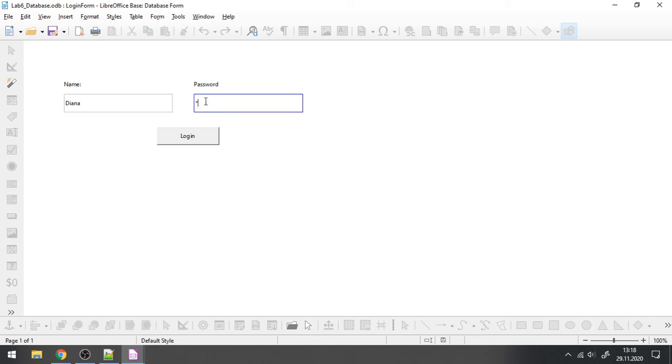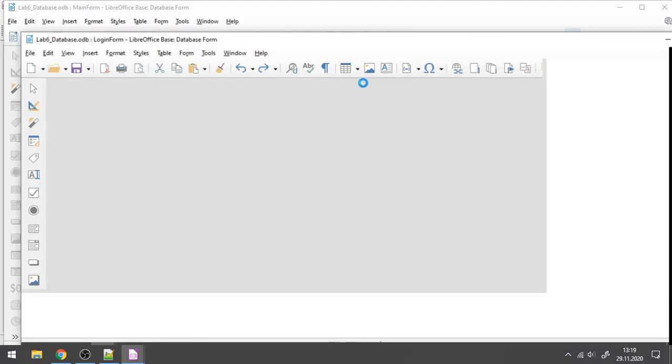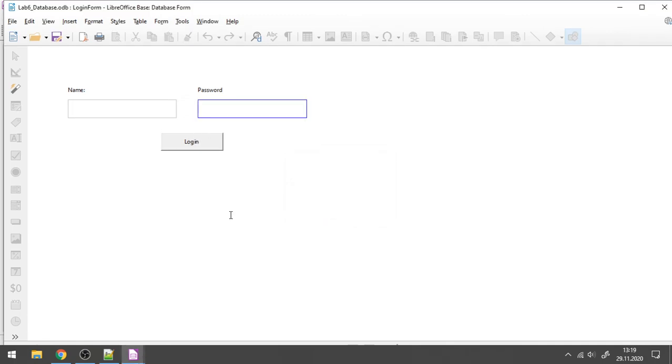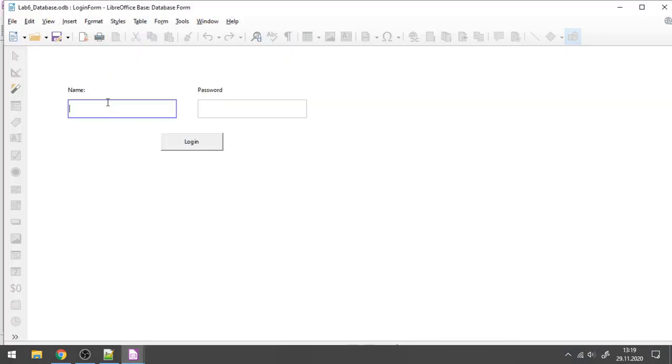H, uppercase H, 3 and Y. If I click on login, now we logged in as Diana. If I log out, let's say I do not enter anything, name cannot be empty. I cannot go into the main form. Main form is not already open. The previous user logged out. But then let's also